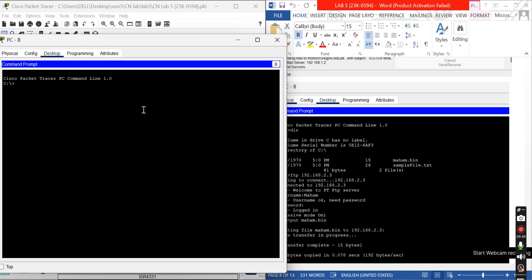So here, let's see. Here are the files that we already have in the directory. Then to access the FTP server, we'll enter its IP address along with the command FTP.